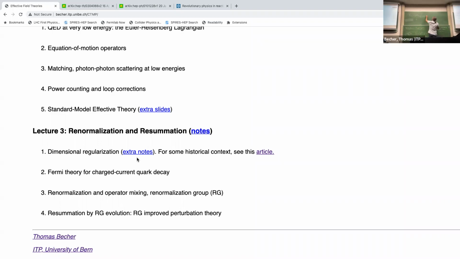Again, a cutoff could be, for example, something like this. I say this k squared has to be smaller than some lambda squared. And then, of course, this ultraviolet divergence is gone. But this cutoff has some severe problems. It's not unique at all how to put this, and it destroys all the symmetries that the theory has. It destroys Lorentz invariance, and even more importantly, it destroys gauge invariance. Basically, all the symmetries that Matt carefully constructed will be lost. All the unphysical, horrible stuff will be happening, and then there's a lot of work needed to restore it.